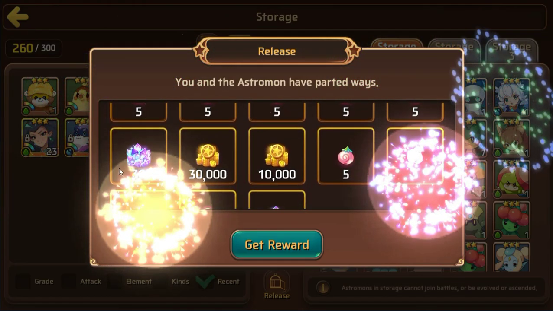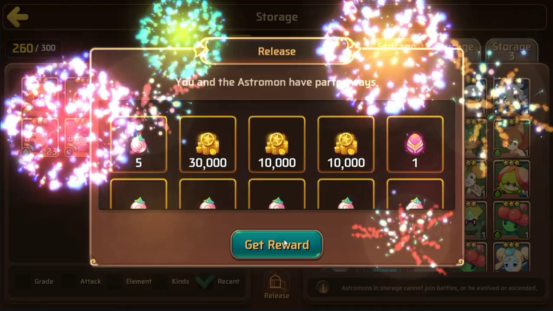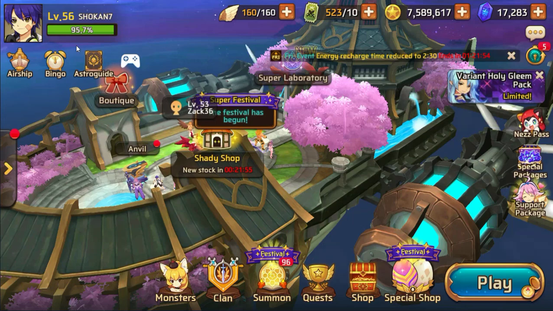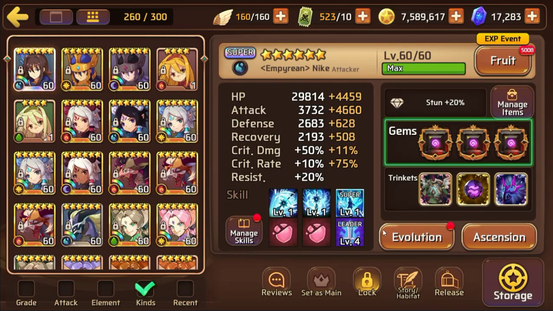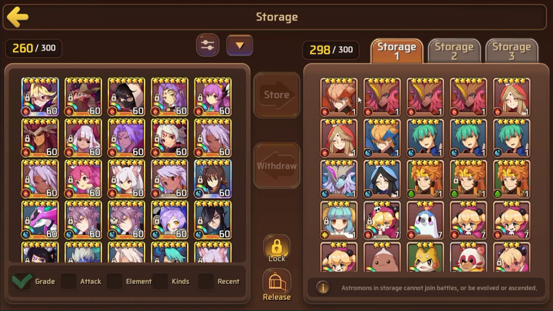Alright, so we got some 30 Astro Gems from that one. Pretty cool. Oh, and another 30. We got some more eggs. So as you guys can see, releasing the eggs after you open them up is not too bad of an idea. Alright, so we'll just do the rebirths right now for the Griffin. Let's see if we can get Nox to work here. Alright, here we go. So I pretty much already selected some mons that I wanted to